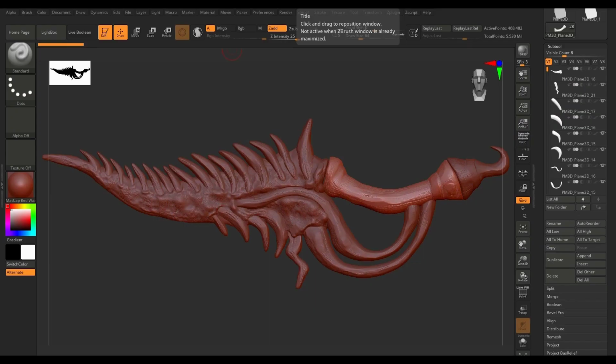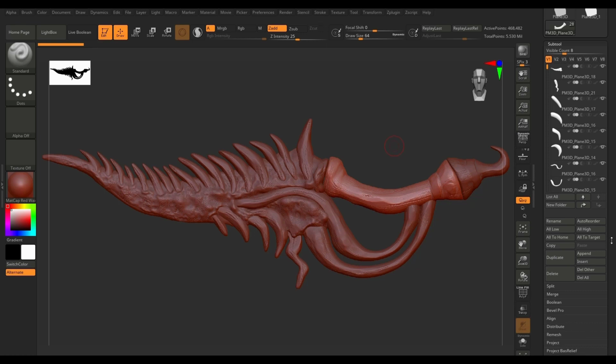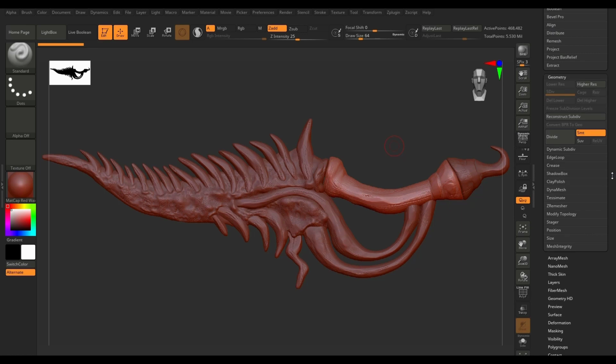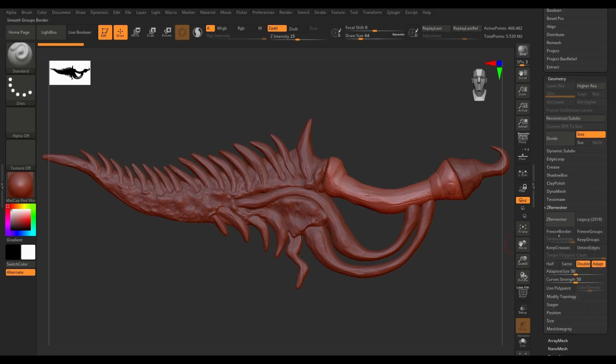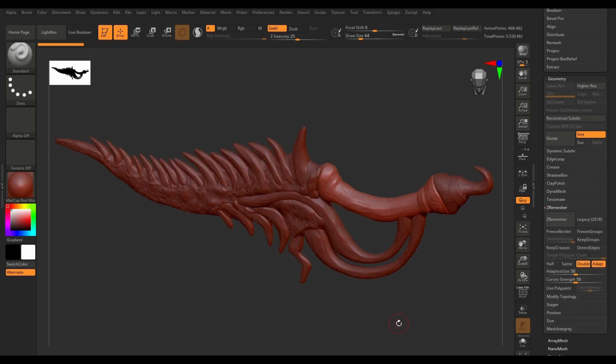All right, time to do some retopology. In case of retopology, ZBrush has a couple of good options. One of the quick ways would be using the remesher. With symmetry enabled, a couple of options and a couple of tweaks, you can get a decent result out of